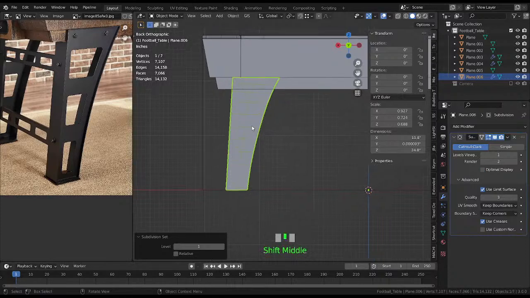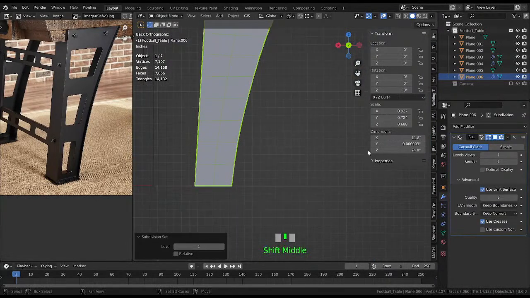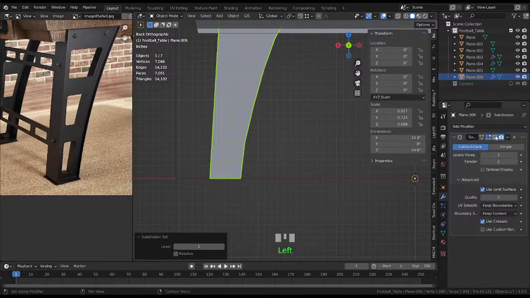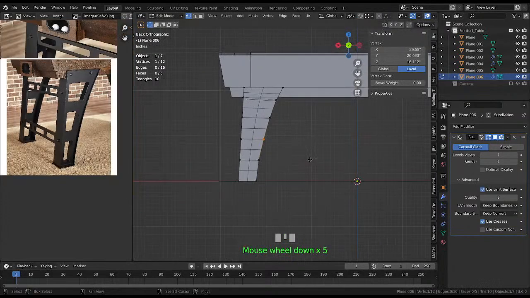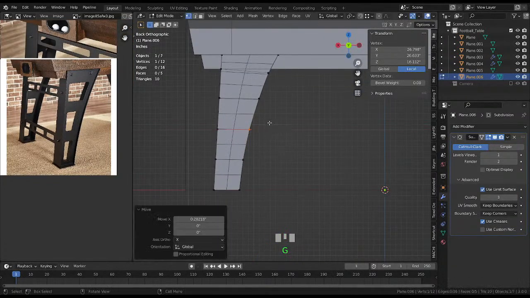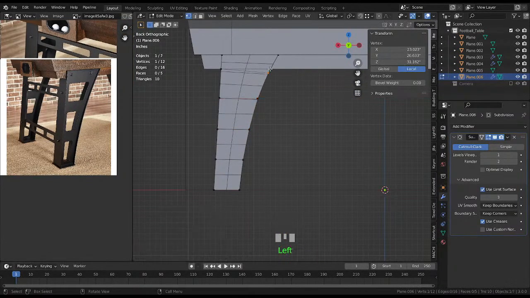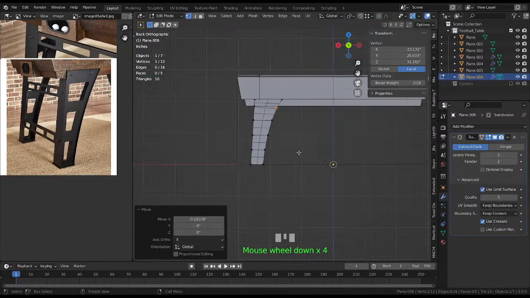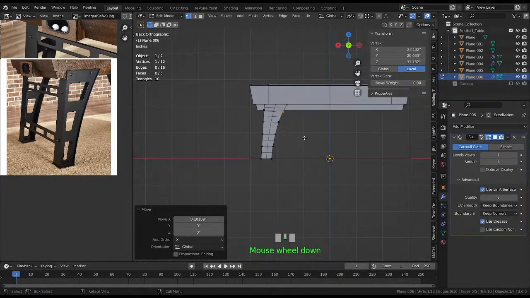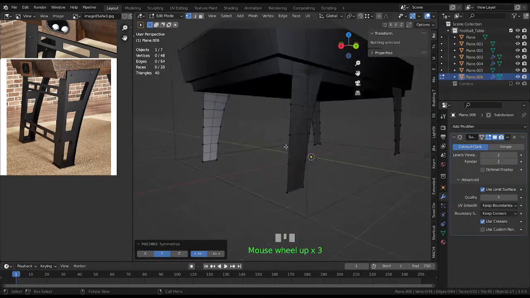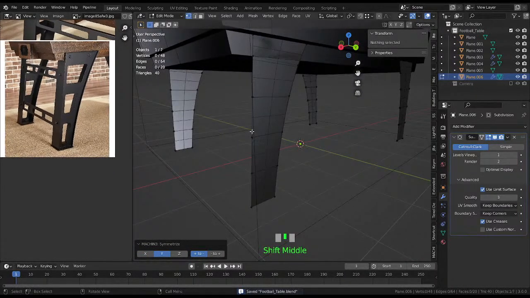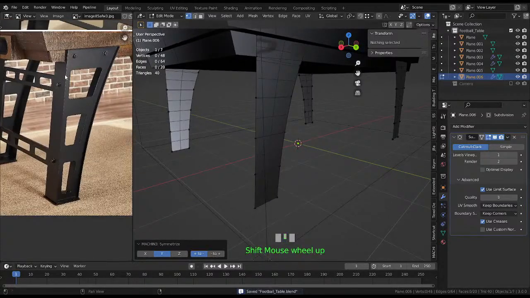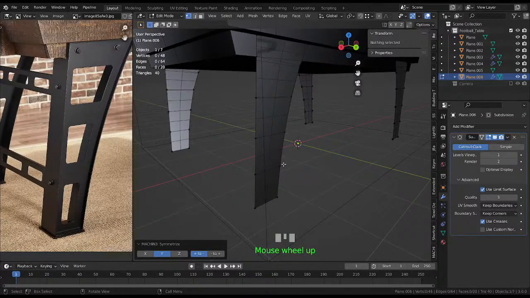Let's see how the topology looks like. Alright. There's symmetry here on all the sides. And it doesn't really come out too much, so